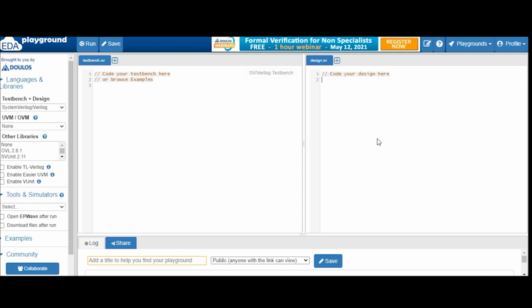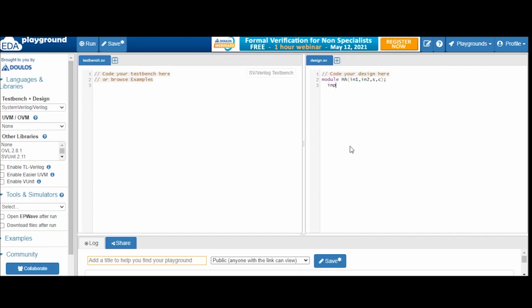I will give you one demo of how you can make use of EDA Playground. On this side, let's write our design. Suppose let's take a design for half adder. In the half adder, let's take input 1 and 2, and our outputs are sum and carry.